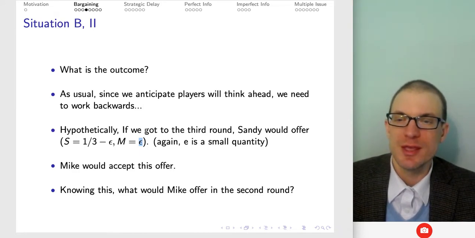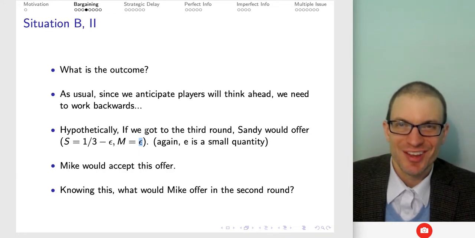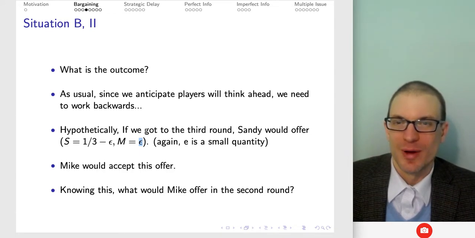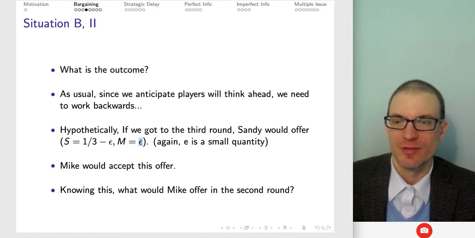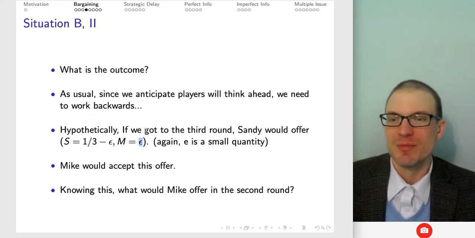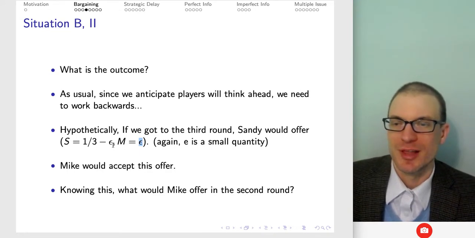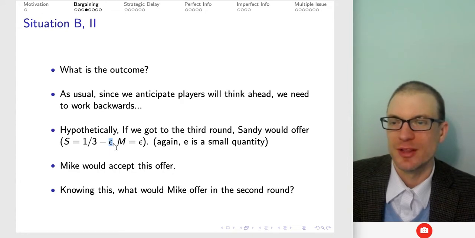So the worry would be, suppose you don't like my logic that Anne or Bob or Sandy or Mike is going to be indifferent between 0 from rejecting and 0 from accepting an offer that involves 0 to them. We could give them a small positive amount. We could give them epsilon, which will make them strictly prefer, like, 1 penny to nothing.